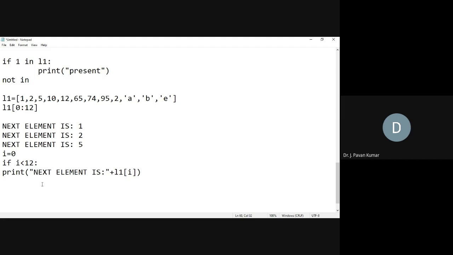Then after printing, we should go to the next one, isn't it? After printing, we should go to the next one. So how can we go to the next element? I equals I plus 1. We have to assign to I value. So I is equal to I plus 1. Next,